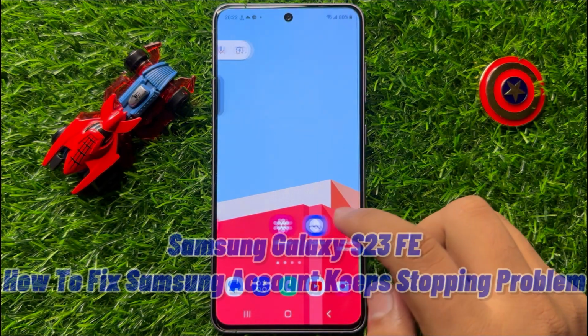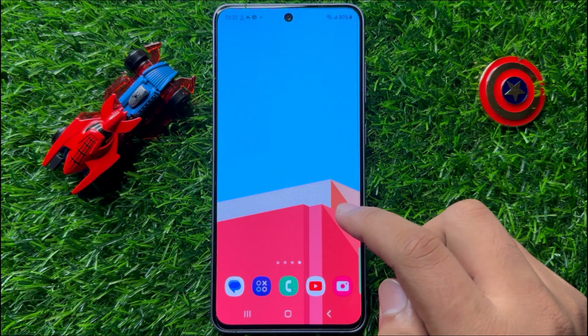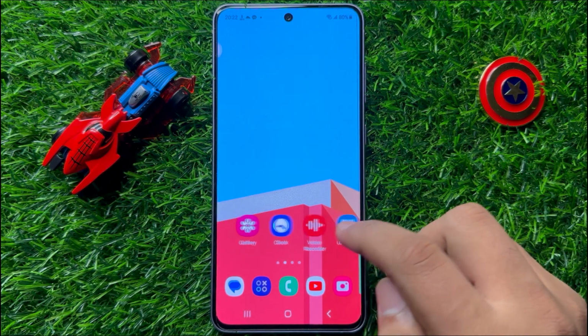Hello everyone, in this video I will show you how to fix Samsung account keeps stopping issue in Samsung Galaxy